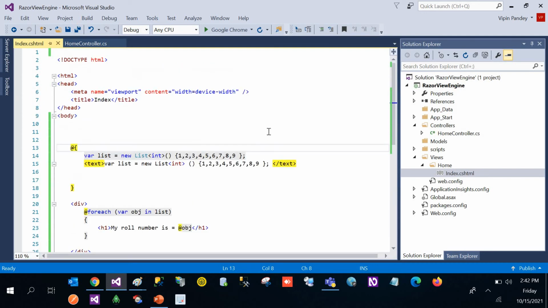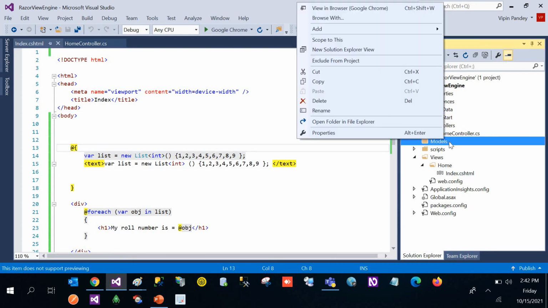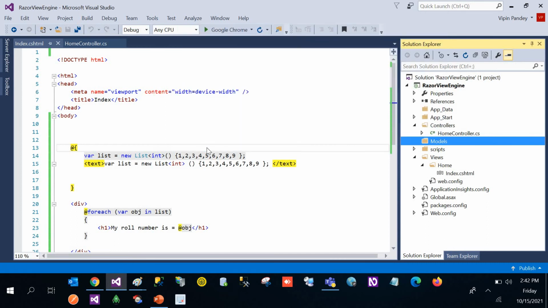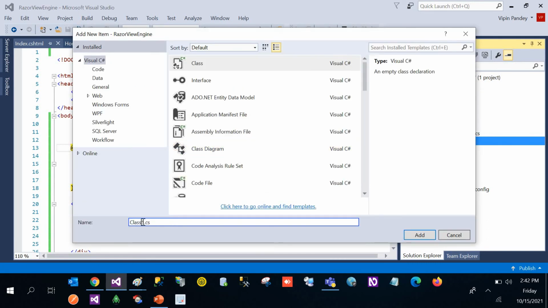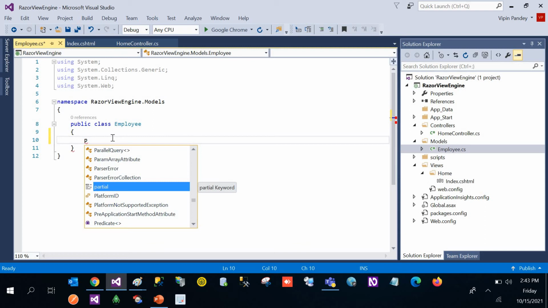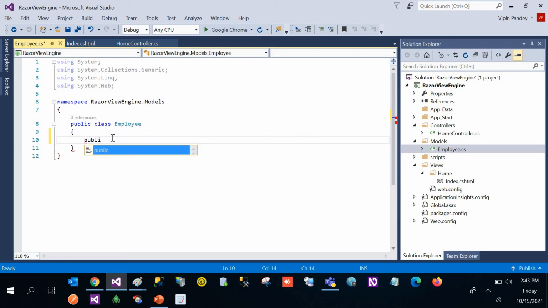So for that we need to add one model in our application. So let's go to our Models folder, and I'm going to add one new model, add, and I'm going to add this class. And let's suppose the class name I'm taking is Employee class, right? Employee class, and I'm adding it. It will add one Employee class under the Models folder, right? And under this Employee class I'm going to generate some properties